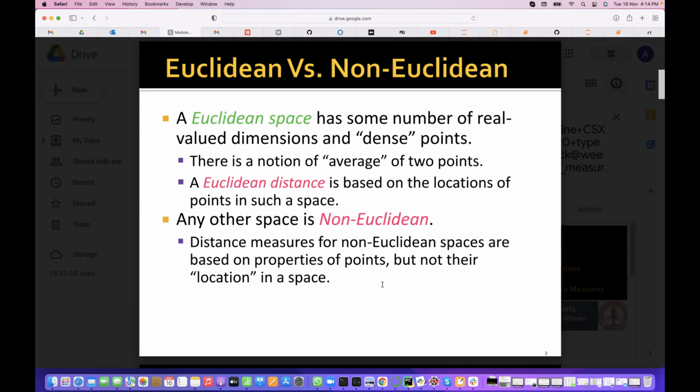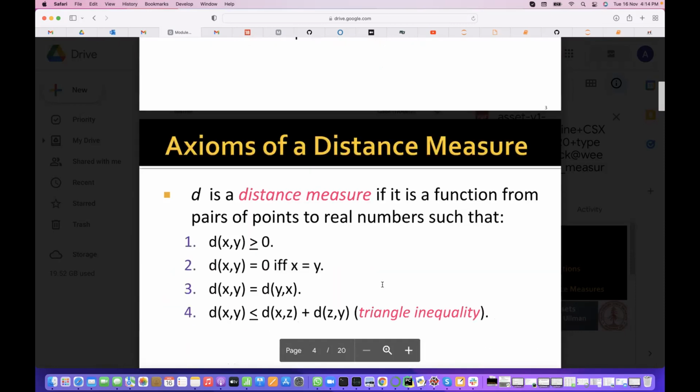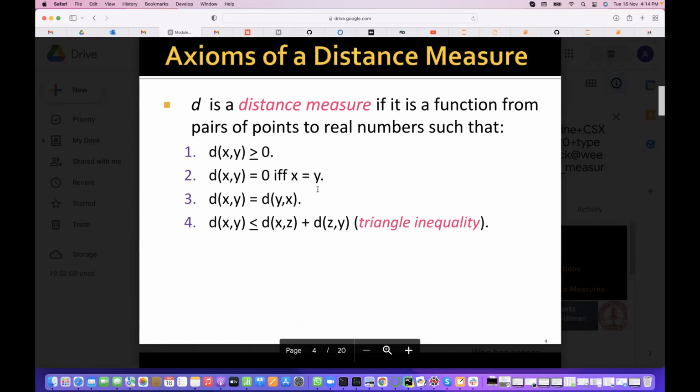You can only say that they differ or they don't differ. If they differ, how many dimensions they differ in, like that. Then there is no question of finding averages, the average distance between them. So those measures are called non-Euclidean. Still you can measure distance, like out of 3, 2 match, but that is not equivalent to an average. Whatever distance you get, you define that distance. You can also define your own customized measure based on your dimensions, but it should follow these properties to be considered a distance measure.